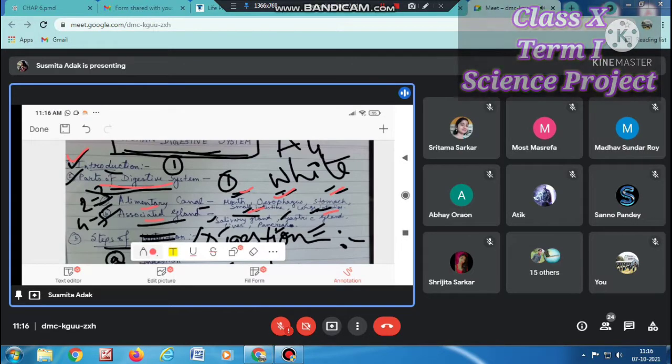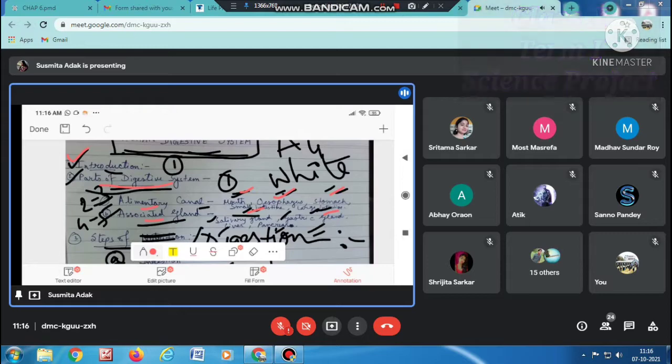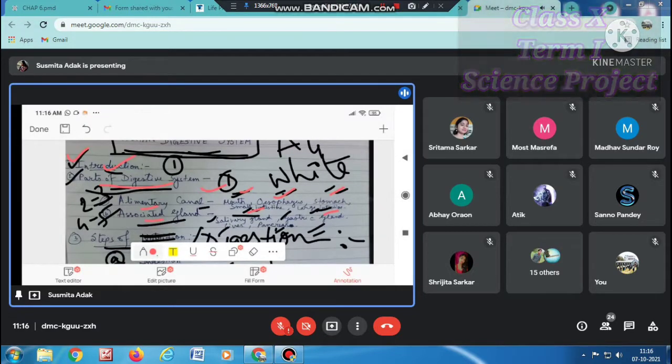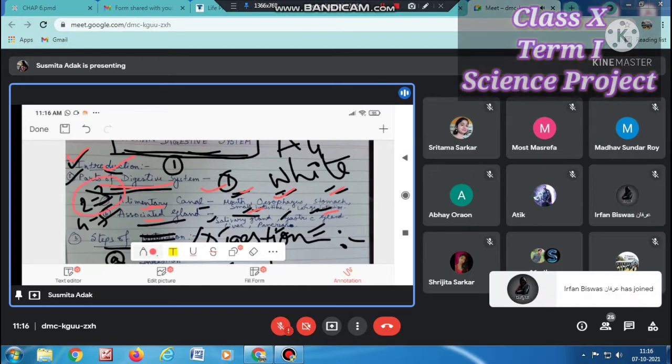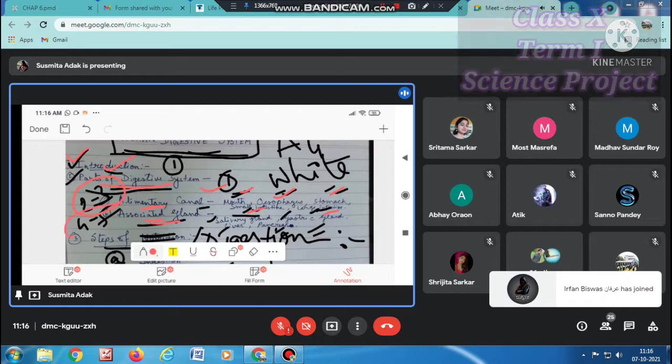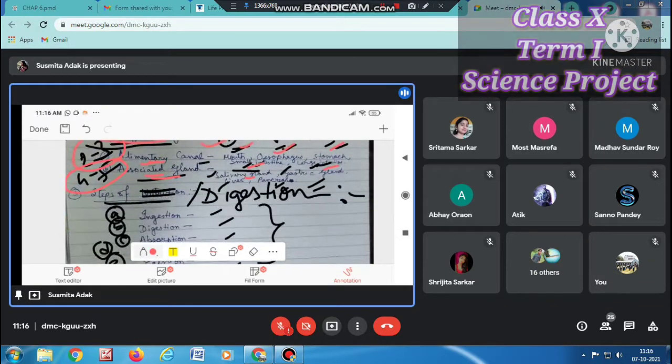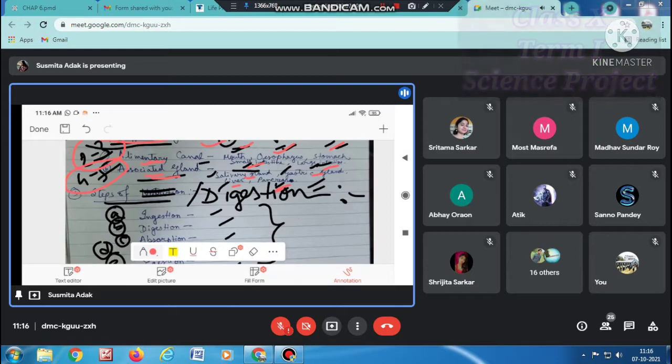So in page number 1, introduction will be there, and parts of digestive system, some introductory lines will be there in the first page. After that, alimentary canal will be on page number 2 and 3, and the associated gland will be on the 4th and 5th page. It should contain the salivary gland, gastric gland, liver, and pancreas. You have to write 2 to 3 lines about these glands.